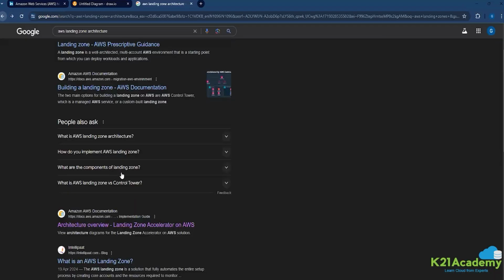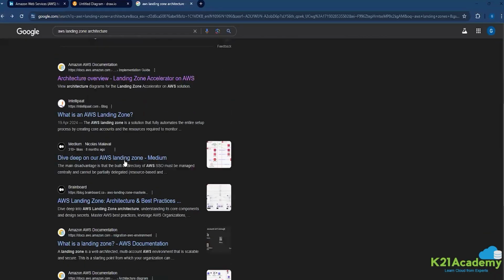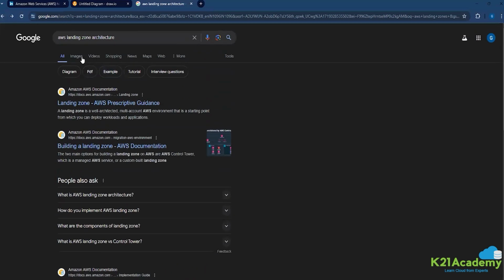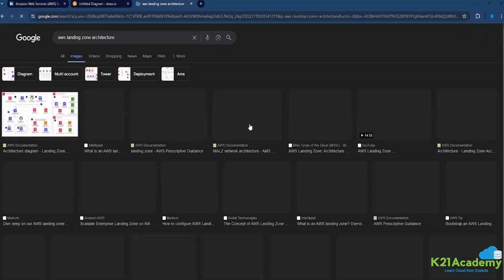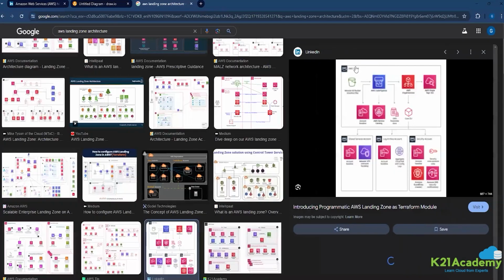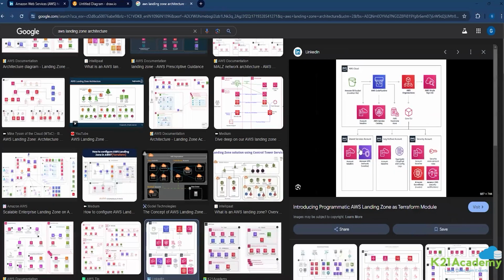So just check it, because the reason I ask about landing zone is that for any new big customers who are coming to AWS, they will need to have a landing zone ready. Only then can they actually move their workloads. Basically, you're creating different AWS accounts: shared services account, log account, security account.